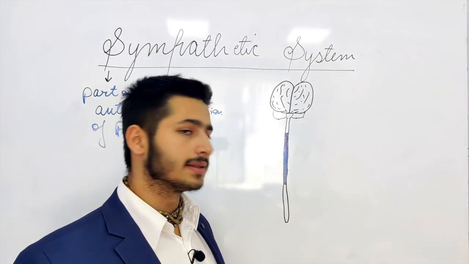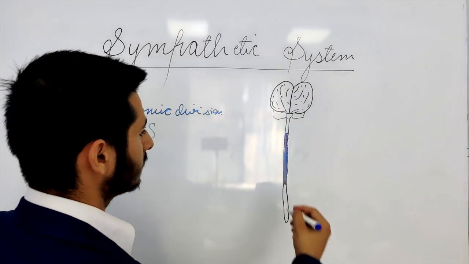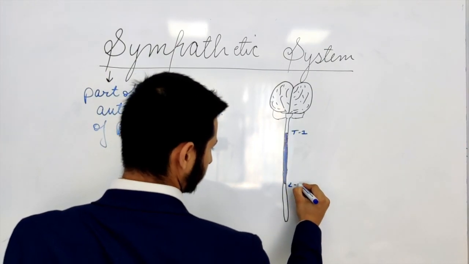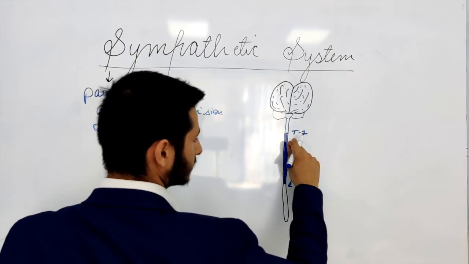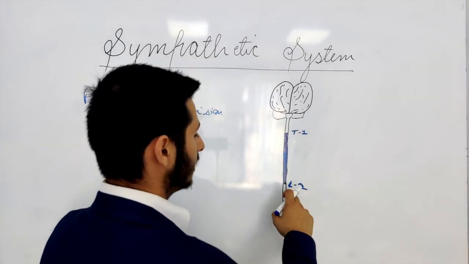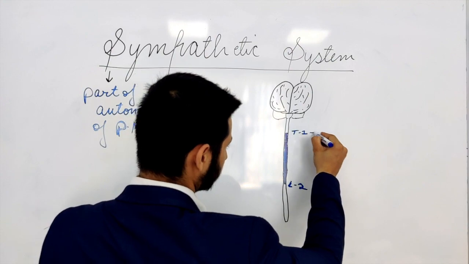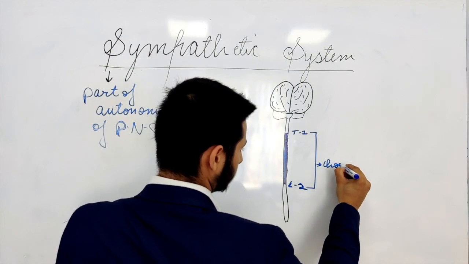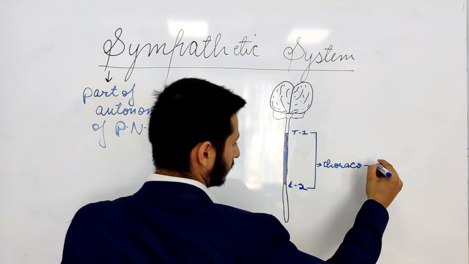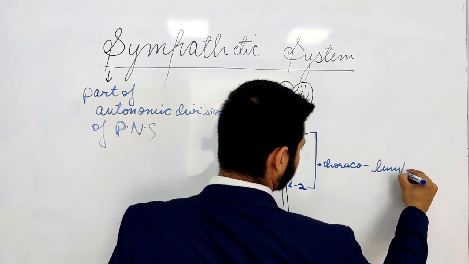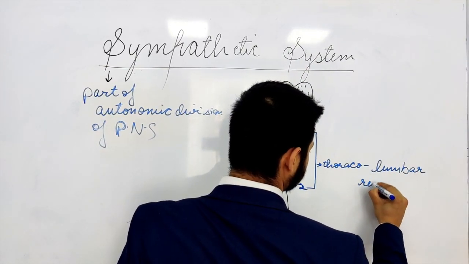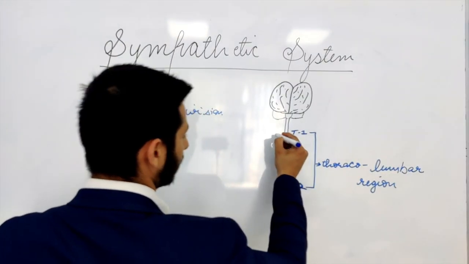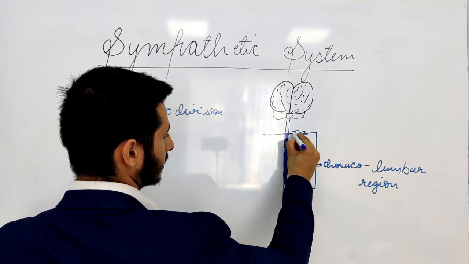This sympathetic system leaves the spinal cord at the level of T1 to L2 vertebral levels. T1 is thoracic vertebra 1 and the lumbar vertebra 2. They leave at the thoracolumbar region. They contain the somatic components of the spinal nerves, and on each side we have